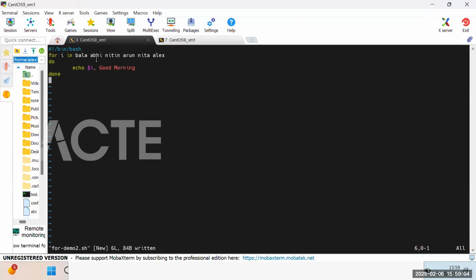so I have a list here. This list has got a lot of names: Bala, Abhi, Nitin, Arun, Nita, Alex. In this loop, for every iteration, I want the I value to take the value of these names. So the first iteration will take the value of Bala, the second iteration will take the value of Abhi, and then Nitin, Arun, Nita, and Alex. All of these names would be assigned to the variable I for every iteration,